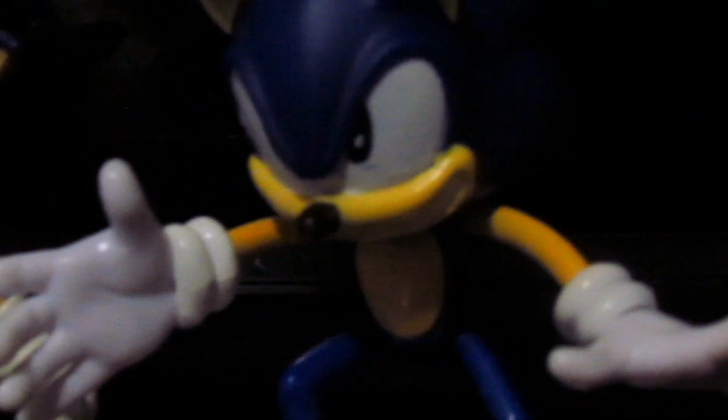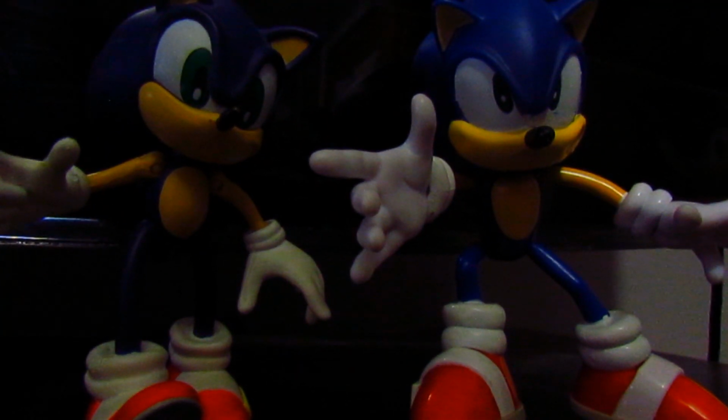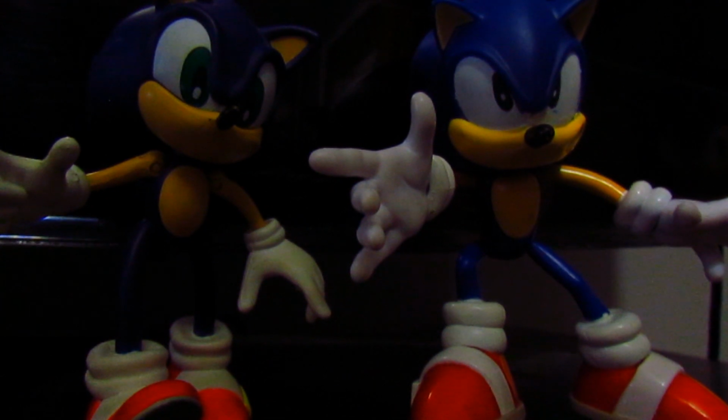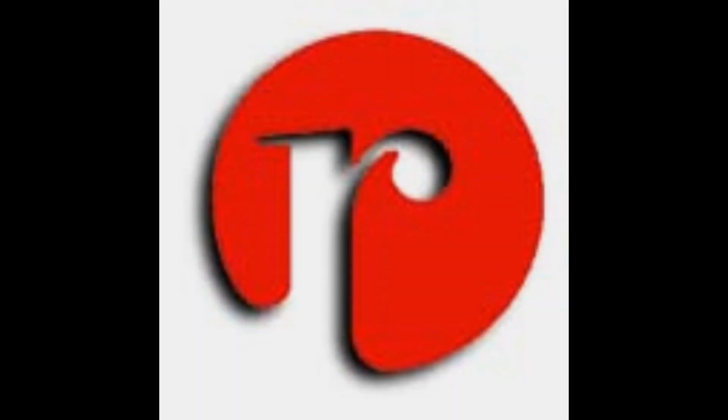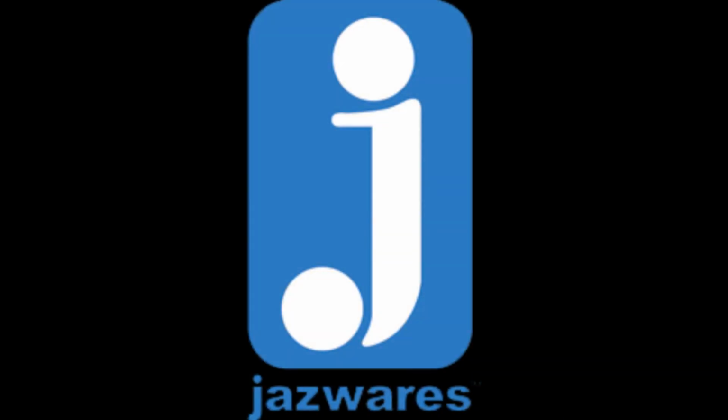People may question how I cope with having like 4,000 Sonic figures of just the character Sonic alone. I personally like it because even though I'm essentially just buying a figure of a character I already have, different companies make their Sonic figures look so unique. We've gone through many different companies producing figures of Sonic, Resource, Toy Island, Jazzwares, and now we have TOMY at